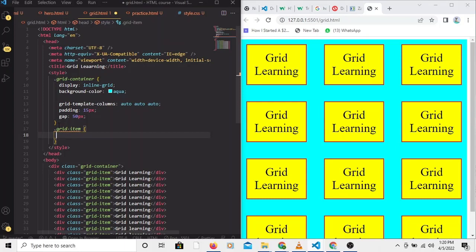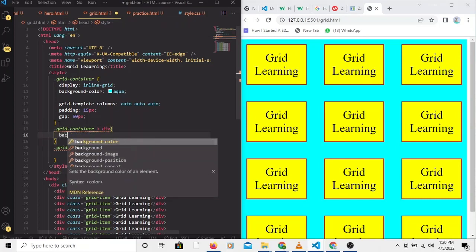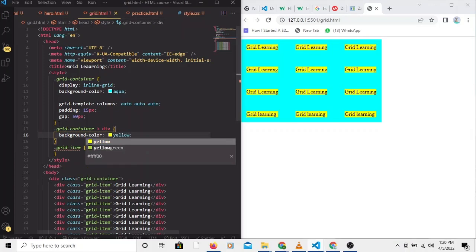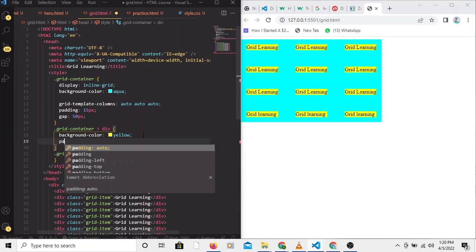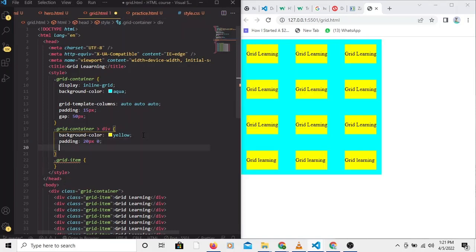So let me come here and apply a new property. Let me give it the grid container. This grid container is the descendant selector, div. So background color yellow. Yellow. Grid property is still showing there. So I've applied the background color of yellow. Which other thing should I apply? Let me apply padding, top and bottom 20 pixel and 0 left and right. This is okay. Font size